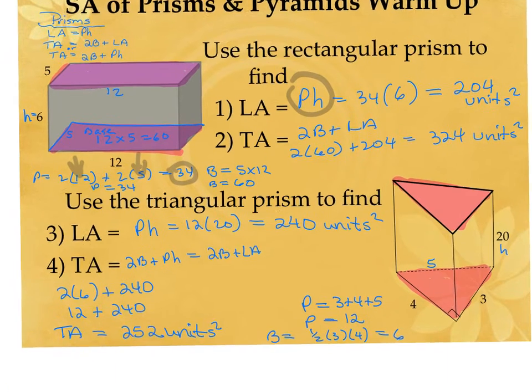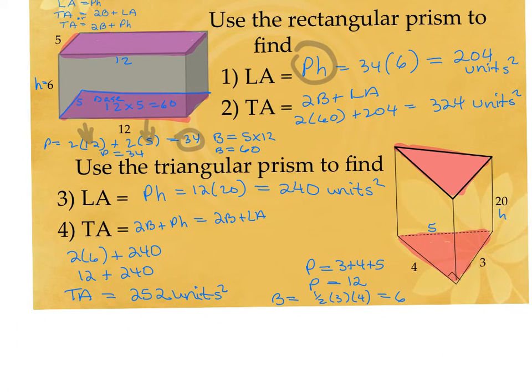This is a triangular prism. Again, the shape that you have 2 of, that names your type of prism. So I have 2 triangles. So again, the perimeter, now notice this was a right triangular prism. So notice the right angle here. So in order to find this missing side over here, I had to do Pythagorean theorem, or just realize that